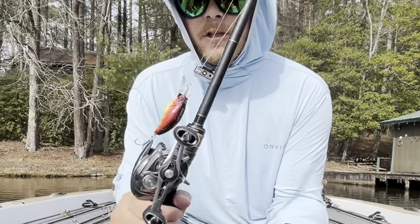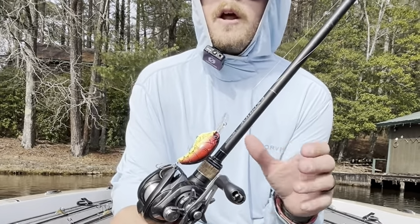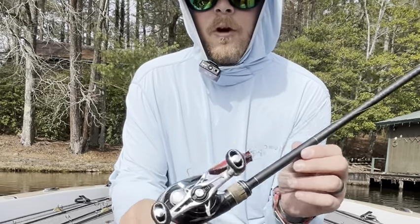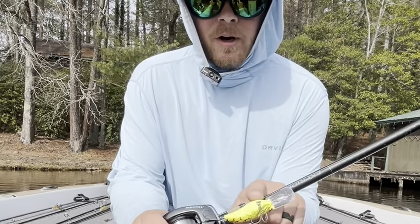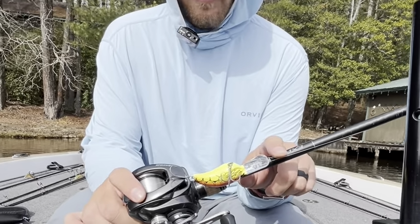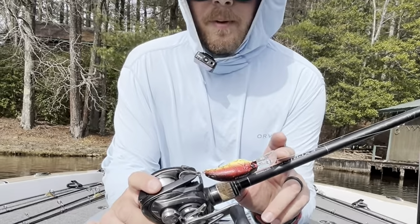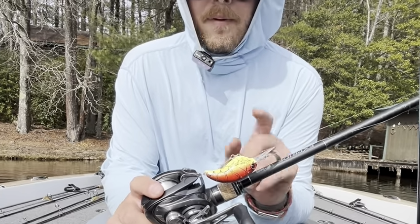And this is the bait I choose whenever the fish are, basically, what I've been throwing all winter, and that is going to be the Depths Evoke 1.8. It's a square bill, but it actually has a lot longer lip. The reason I like this bait rather than a traditional round bill bait is the square lip, because